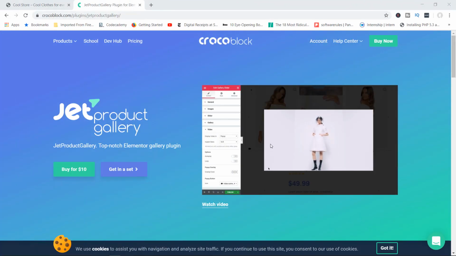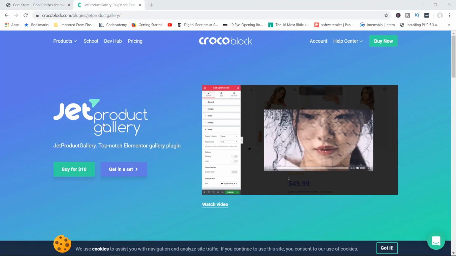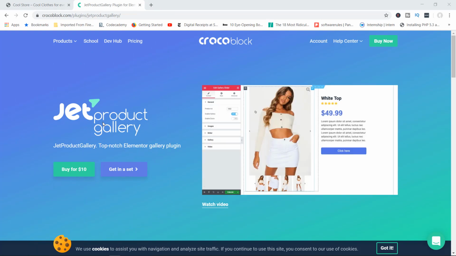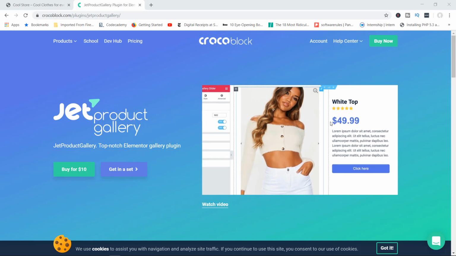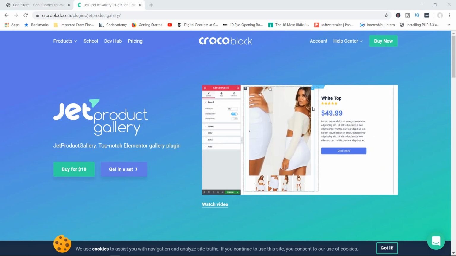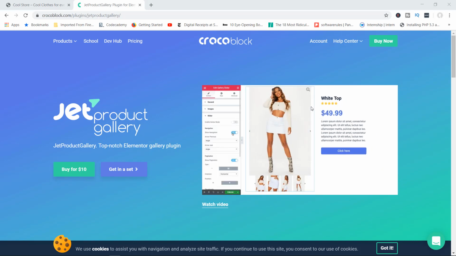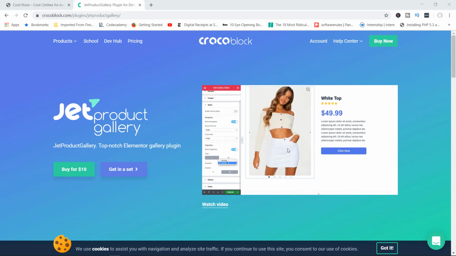The next plugin we'll be taking a look at is going to be the Jet Product Gallery, with which you could display your products in a very cool manner. And in here right now, you can see a preview. We do have a very attractive model, and she's wearing a white mini skirt and a